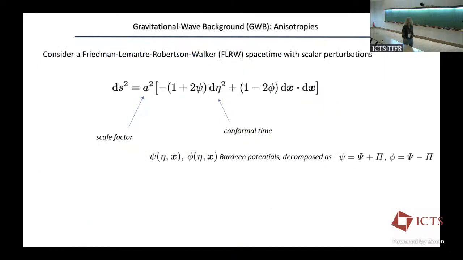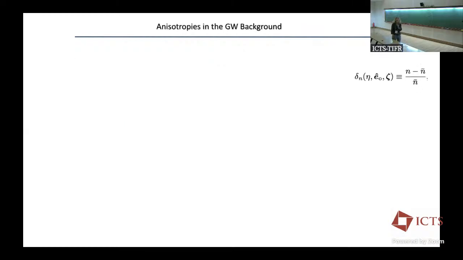So I'm going to write my FLRW metric in this form. My scale factor, the psi and phi are related to the Bardeen potentials, the standard thing that people do. And then I'm going to define the majority, taking into account exactly what everybody does, and then I'll tell you how we went beyond that: the anisotropy, which is due to the anisotropic distribution of the sources. And then I'm going to consider the peculiar velocity of the cosmic fluid.